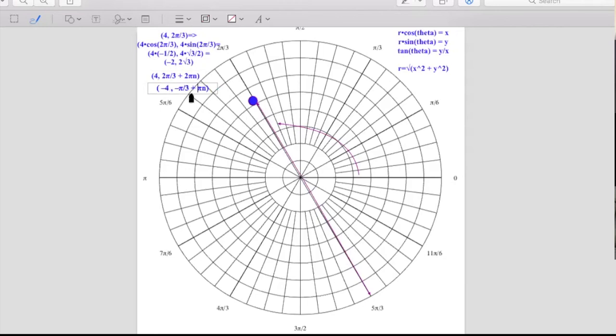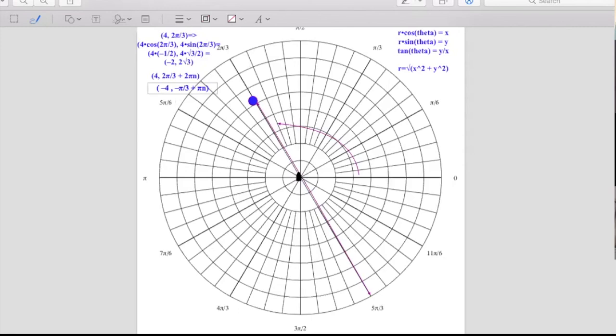Well, negative does not mean in polar coordinates what it means in the other. Right, here's the x-axis and everything negative is down here for y, and here's the y-axis and everything negative for x is to the left. Doesn't mean that at all in polar coordinates. What it means instead is